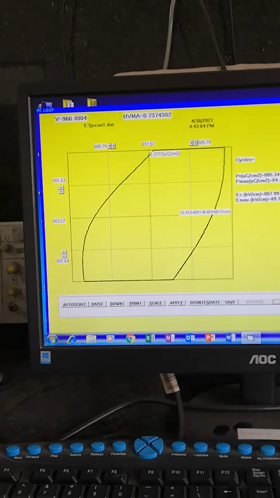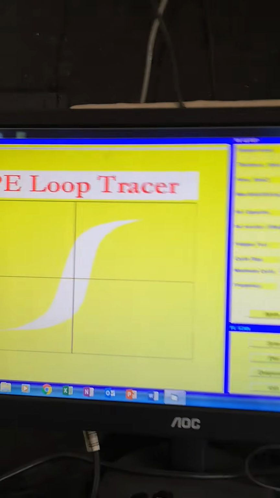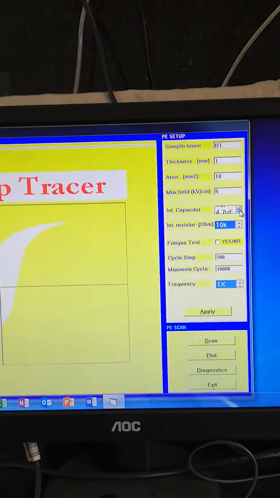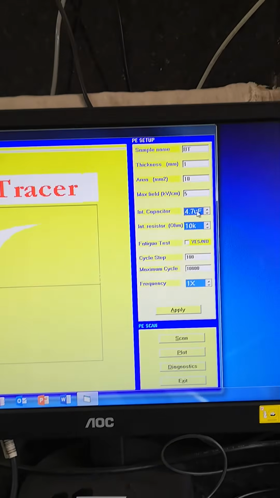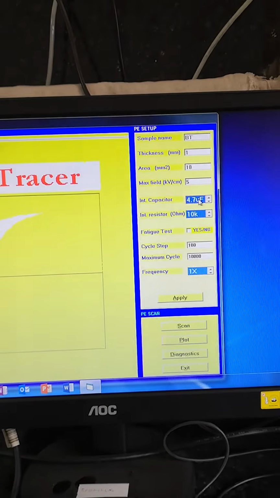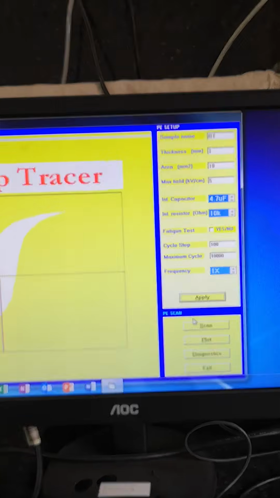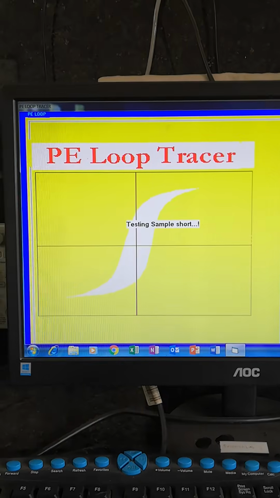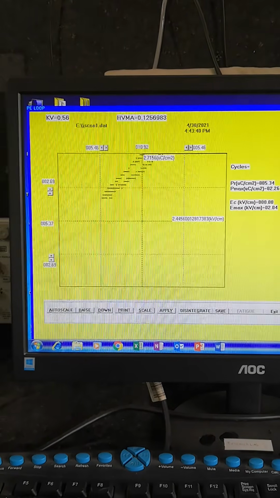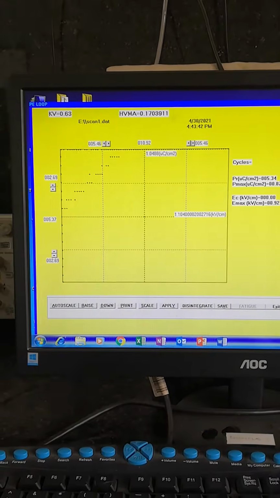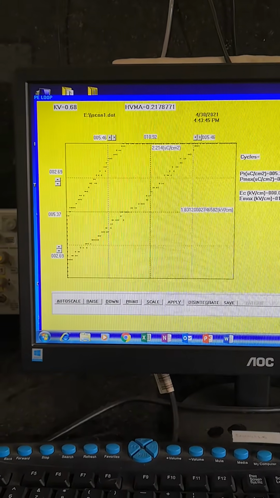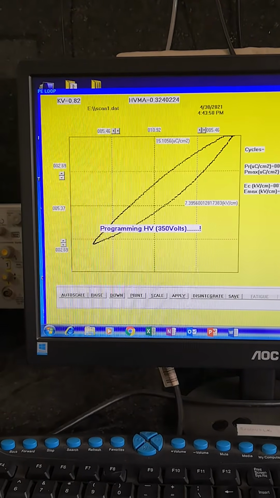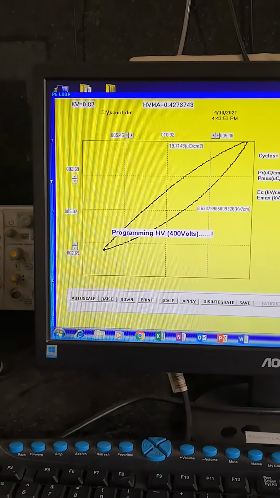Okay, we are not getting the exact loop, so I'll further increase the value of the capacitance, I'll directly take you to the value 4.7. Here we can get some loop. Okay, you can see here we have started getting some PE loop.